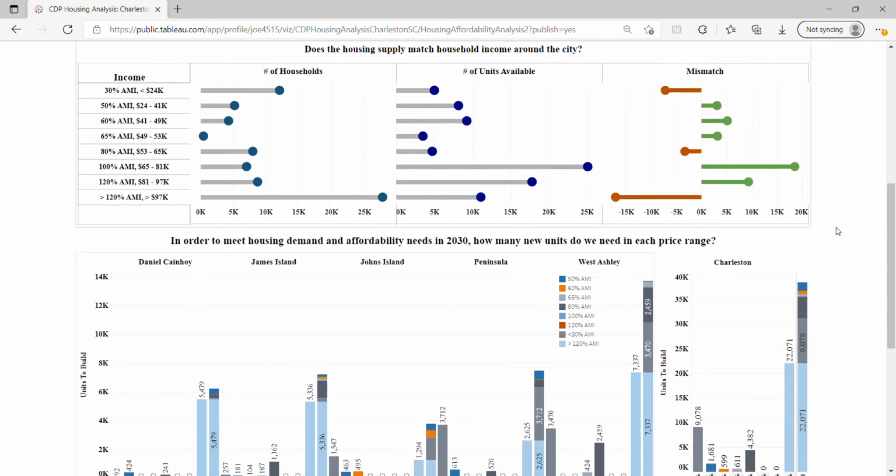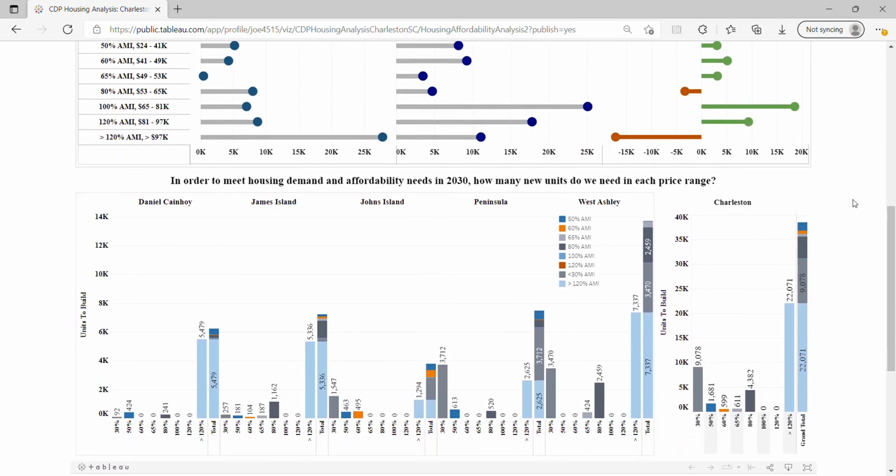Then moving down to the third graph, what we looked at was the affordability needs forecasted into the future. Graph number 2 shows you what the affordability needs are right now, but we also know that time is moving forward and we need to understand what the needs are in the future so we can anticipate them. What CDP's data science team was able to do is break down the needs by planning district in Charleston. Charleston has 5 planning districts. As you can see up here: West Ashley, the Peninsula, Johns Island, James Island, and Daniel Island. And we were able to say the number of units that were needed at each price point for each planning